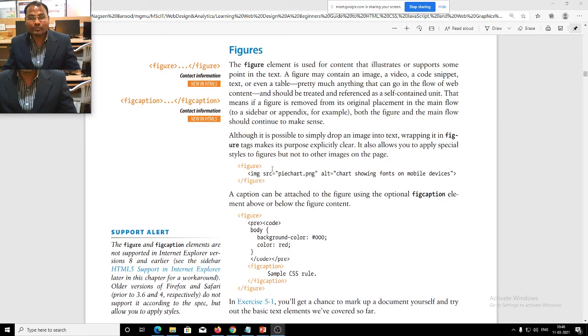Although it is possible to simply drop an image into the text, wrapping it in a figure tag makes its purpose exactly clear, and it also allows you to apply a special style for figures but not to other images on the page.